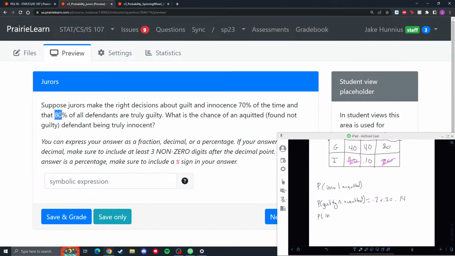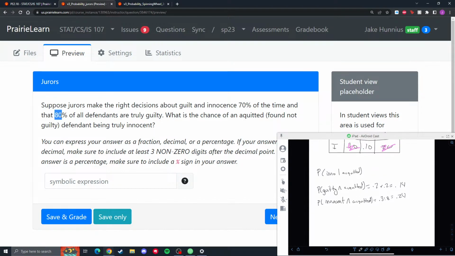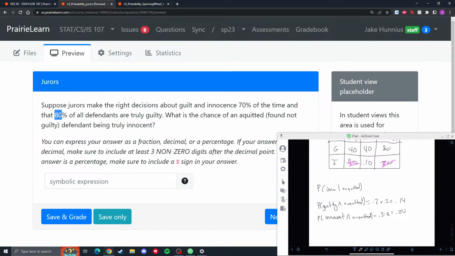And the probability that somebody's innocent and acquitted is going to be 0.3 times 0.2, so 0.06. Or sorry, 0.3 times 0.8, because it's the probability they're innocent times the probability that the jury's correct. And then innocent given acquitted is going to be